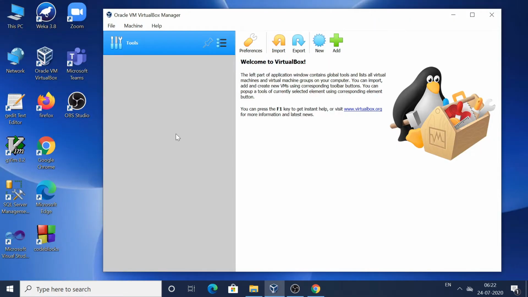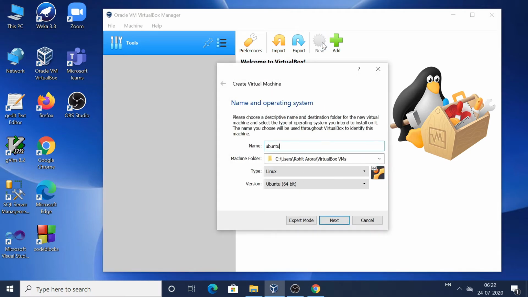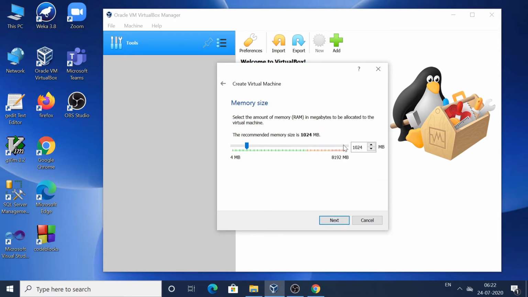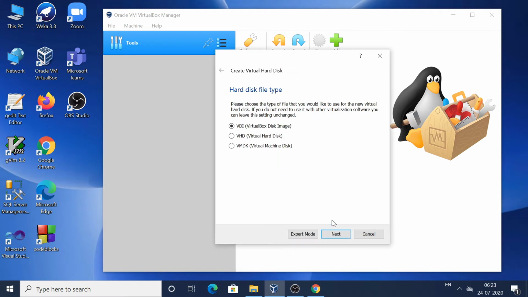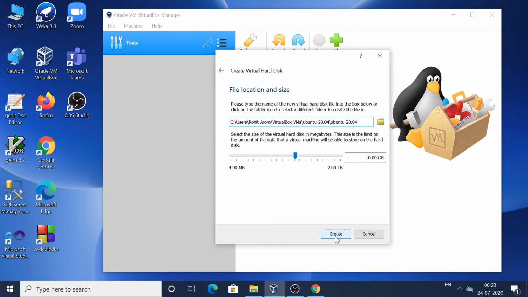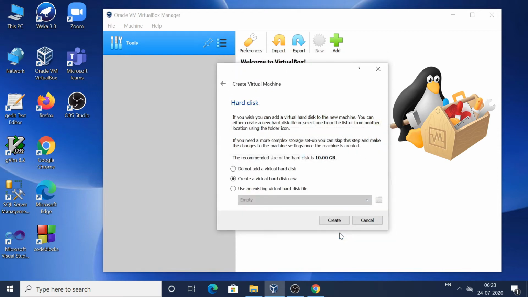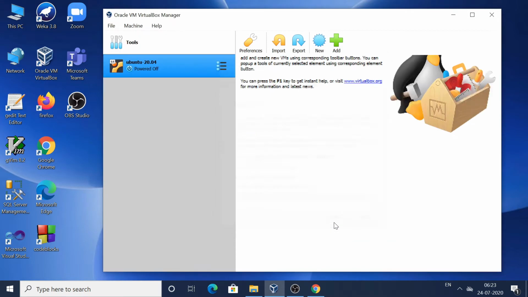To install Ubuntu in a virtual machine, create a new virtual machine, type Ubuntu 20.04, opt for Linux type, click next, assign 4 GB memory, click next, opt for the default selection, allocate around 25 GB for this virtual machine, and create the machine.